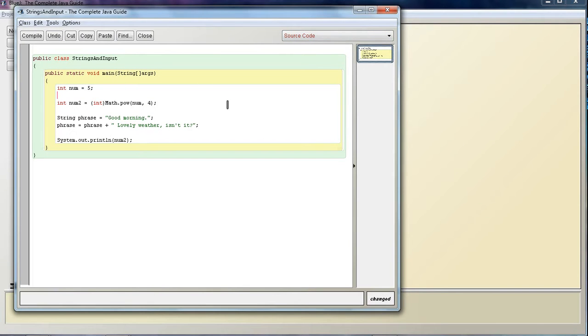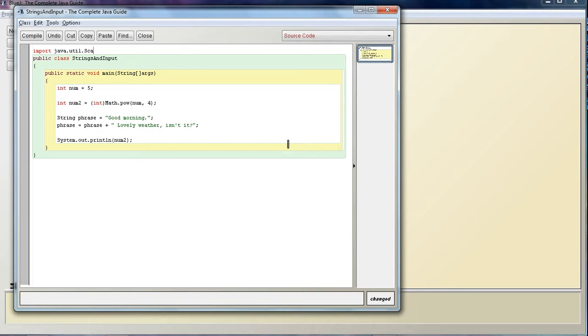So there are two things you need to cover. One of them is taking input, the other one is tricks with strings. So let's start off with input because it's more interesting, in my opinion, of course. Maybe not as useful, but let's go here. So you have to import something this time. Import